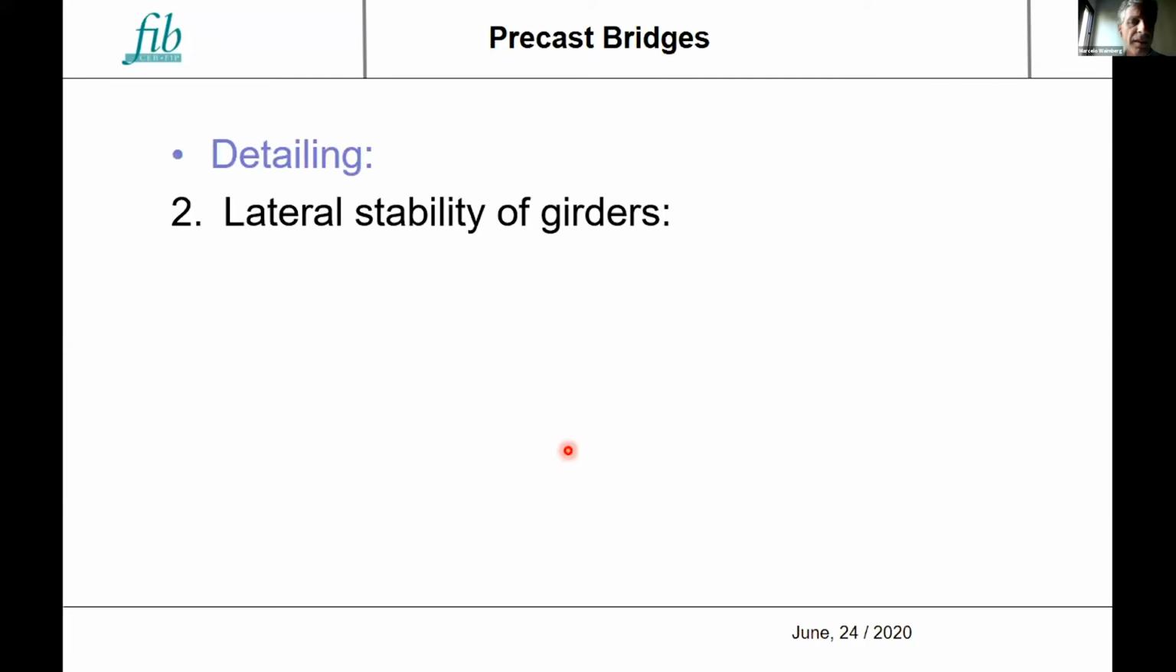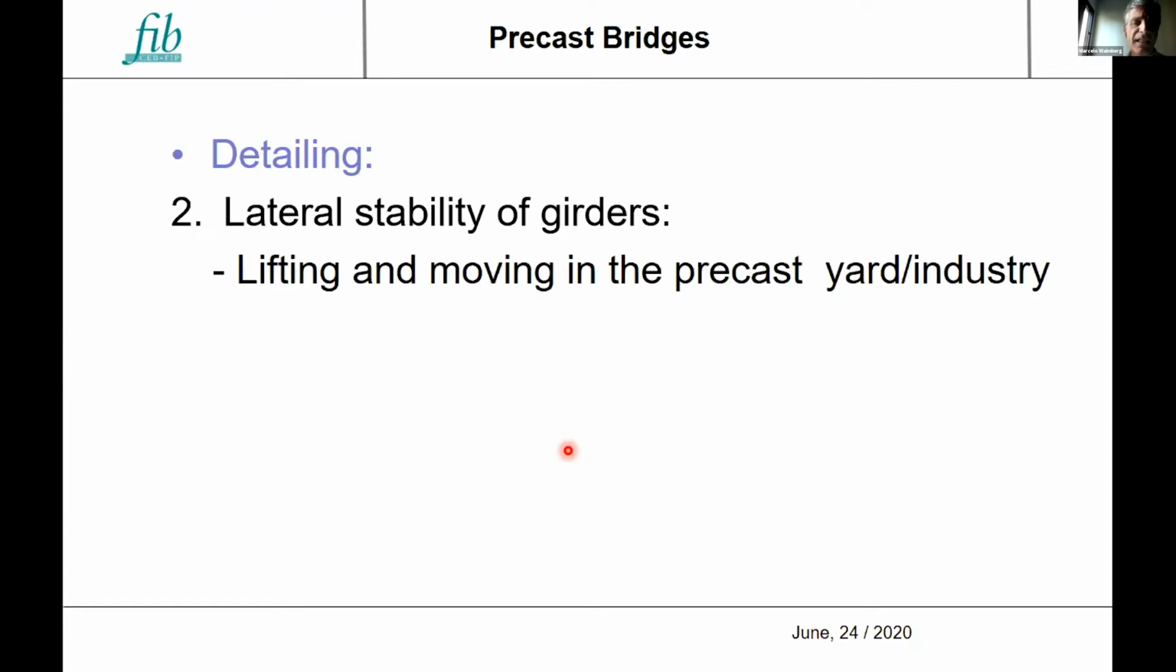We now have three additional documents that are being carried on. The first of them is on lateral stability of girders. It's been developed by David himself and Albert from Barcelona. And the idea is to provide information and criteria so that designers can evaluate stability of girders when lifting